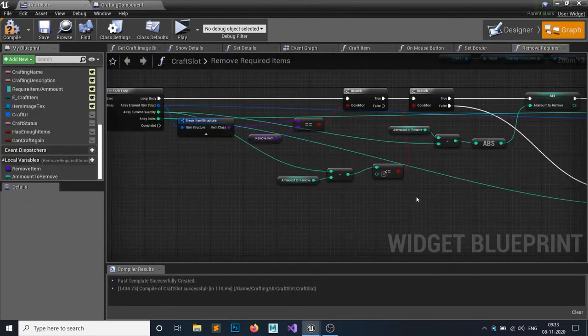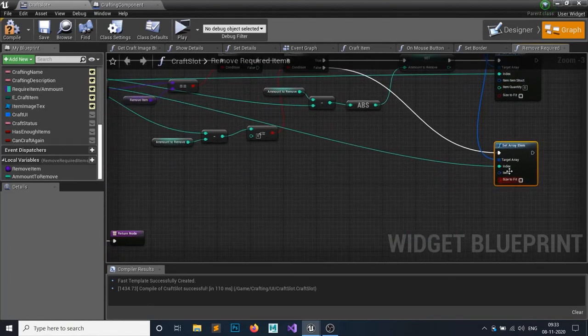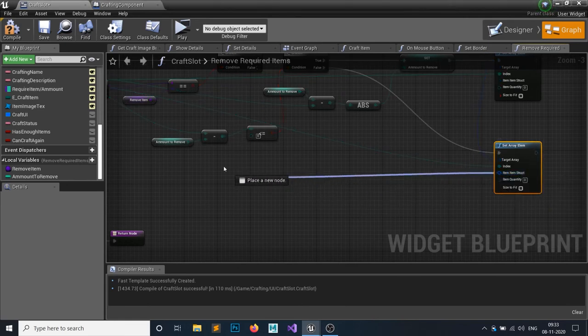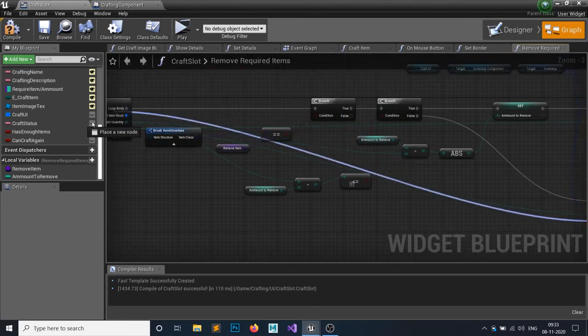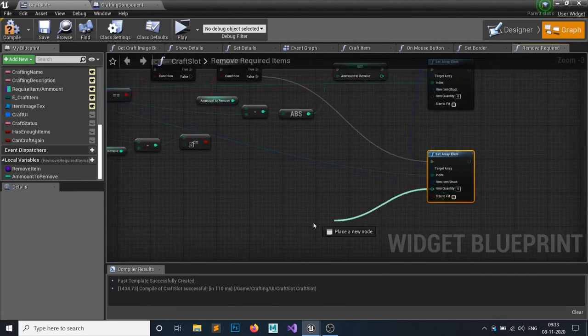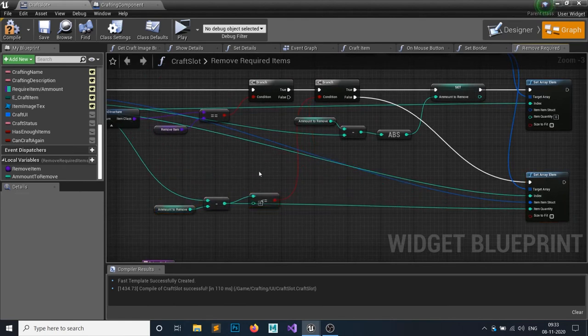Okay, so we have done this thing. Actually I don't need this because it is already less than 0. If it's false, then I will split this out, and the item structure would go to this item structure, and the quantity would be the removed quantity, this one, right?